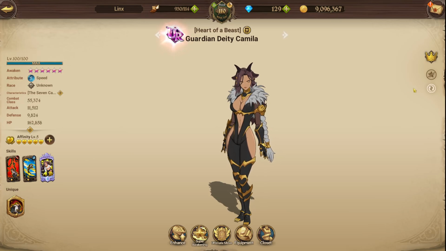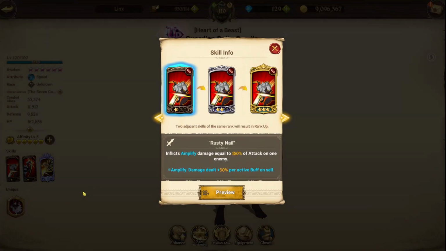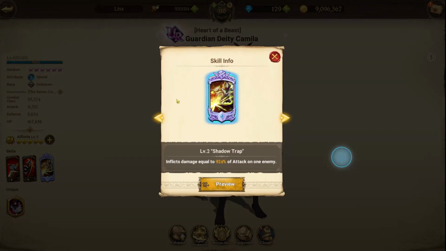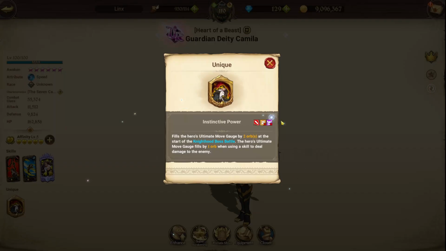I'm not sure if this is going to work on this boss, because I do believe if you use buff cards you will get frozen or something like that. It shouldn't really matter too much. She also has an amplify card once she actually transforms, and a skill rank decreasing card, so that's quite nice, and her ultimate just deals damage, whereas here she just transforms and removes debuffs from allies and buffs from enemies. You can most definitely time this to get a bunch of points, but yeah, we're just gonna use